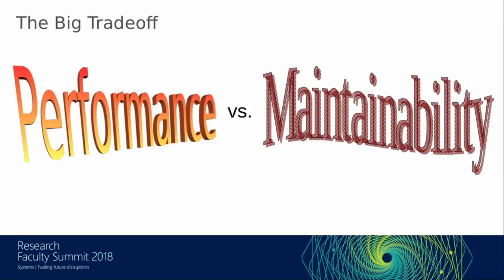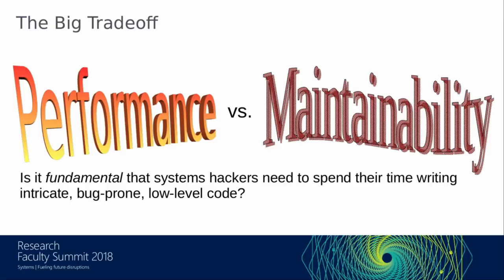So these kinds of ideas can influence the ways that we address classic trade-offs in system design, like the one between performance and maintainability, where usually we worry that as we improve the performance of a system, the code gets harder to understand, but it's worth it given all the use that we expect our systems to see. So one question that we might have is, is this pattern fundamental, where today we expect building a realistic high-performance system involves writing a lot of intricate low-level code where it's very easy to make mistakes that jeopardize the correctness or the security of a system?